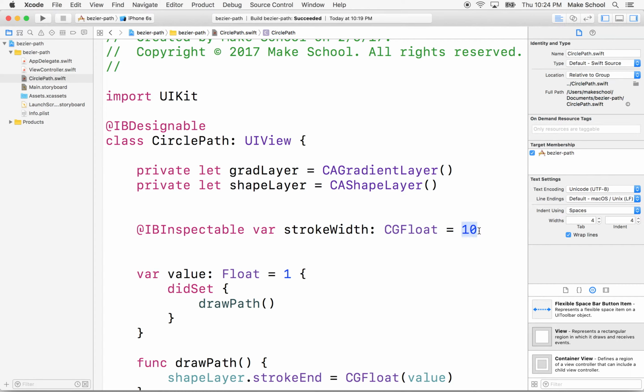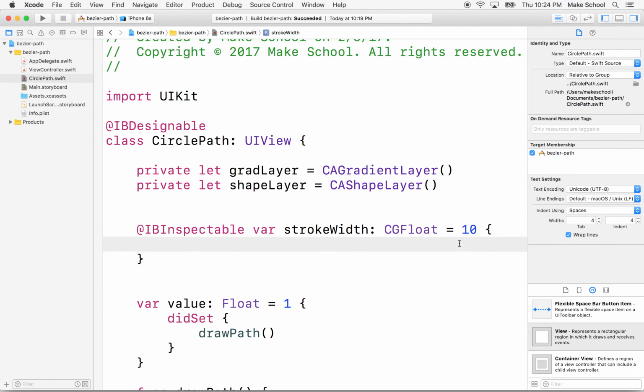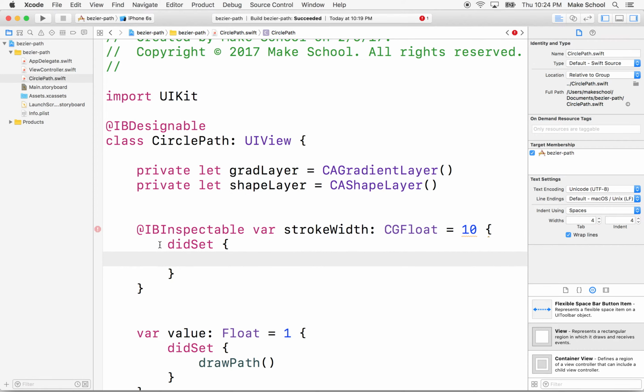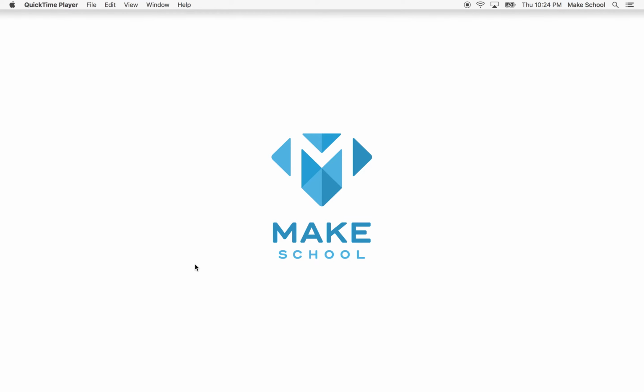So I'm going to add the curly braces behind here to turn this into a computed property. So now it'll act like a method. If you change the value for stroke width, then the code inside this block is going to run. We're going to run that block when you did set this, so this happens after you set the value. So after setting the value, we're going to run a little bit of code, and what we're going to do is say